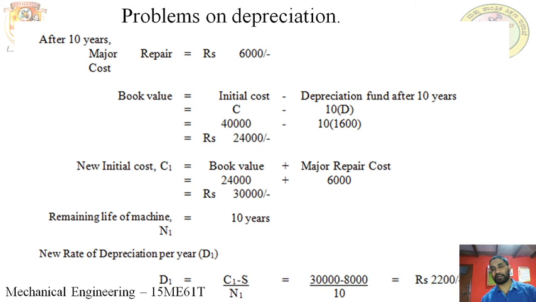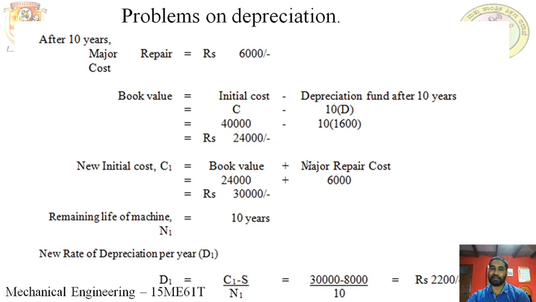Okay, how do we cross check now? Whatever the fund amount collected, that should be capable of handling the total cost of the machine. Now see here, we have collected 16,000 after 10 years. Now you have to collect 2,200 per year. So 2,200 per year for how many years? That is for 10 years. If you collect 2,200 every year for 10 years, constant, that will become 22,000. So 22,000 will be collected in the later 10 years.